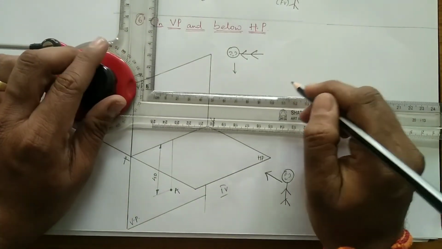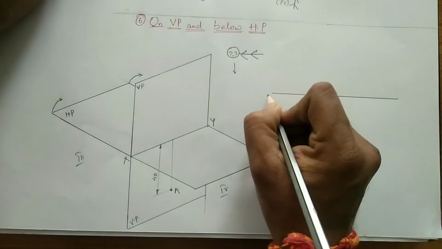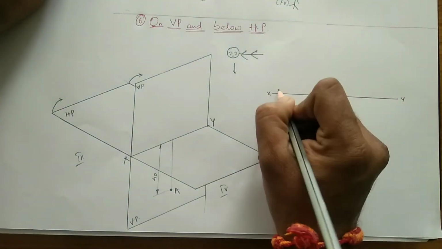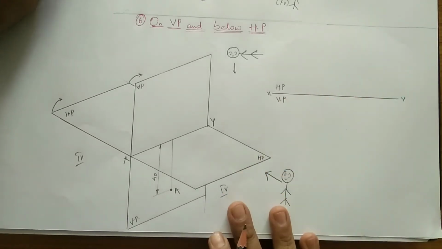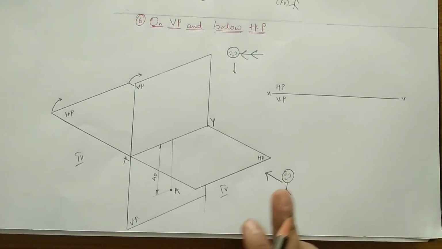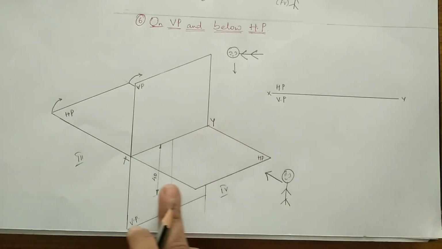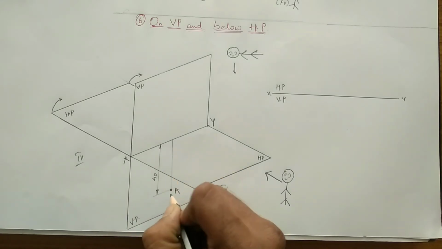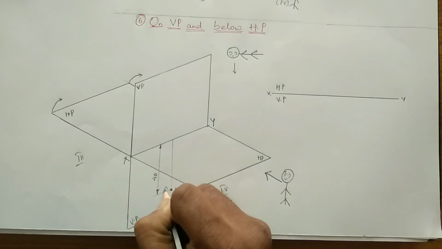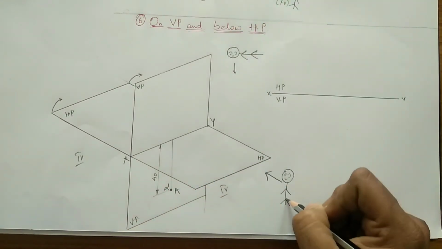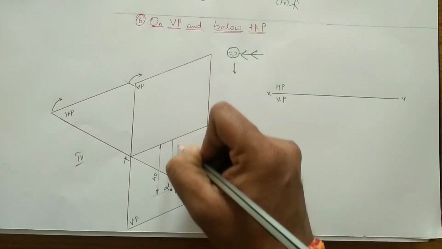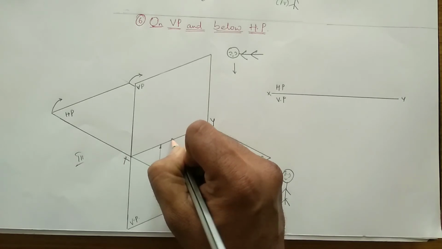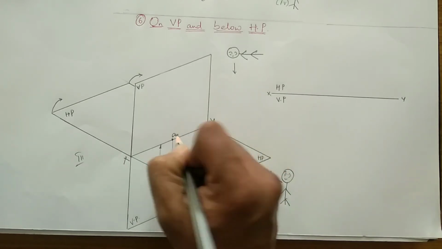By drawing the XY line, above it will be the horizontal plane, and below it will be the vertical plane. Now let me go ahead for its representation. The point that is seen over here comes as A dash, and that is when we see it from the front view. And when it is seen from the top view, the point exists on the XY line, where we mark it as A.